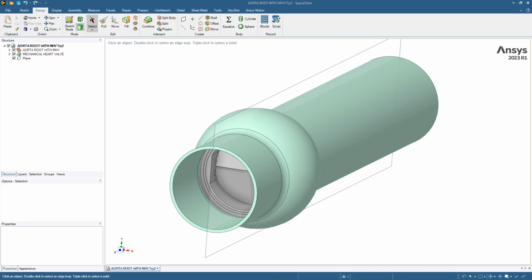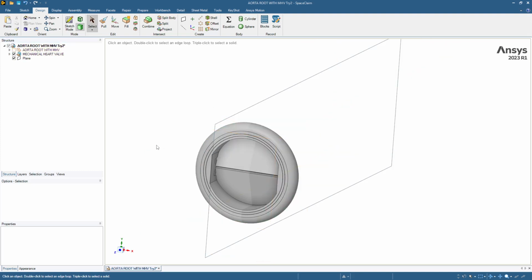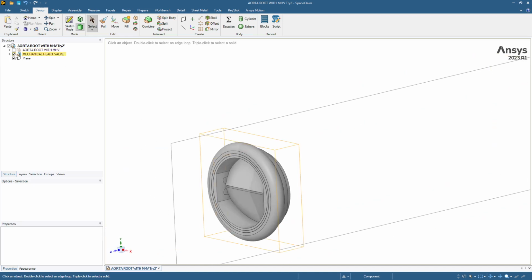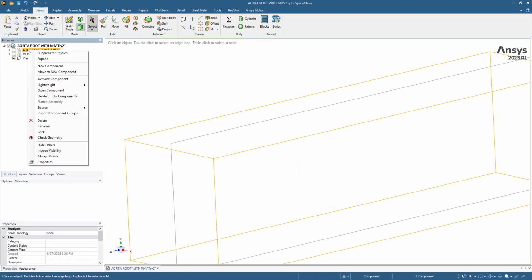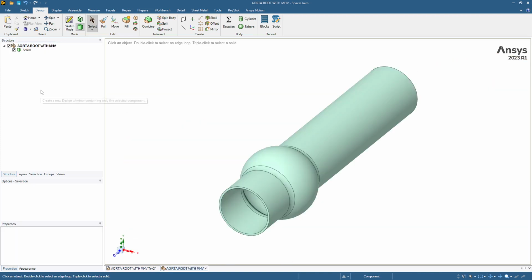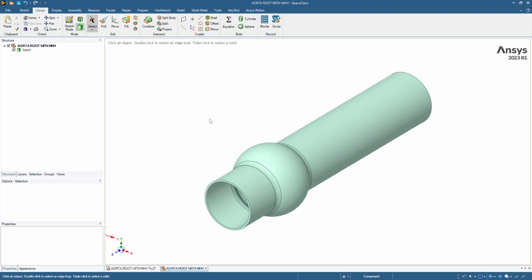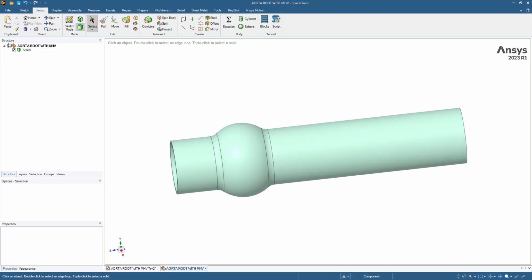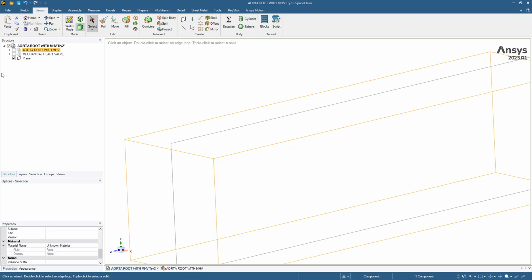This video is going to create the fluid volume and then mesh that for the fluid in an artery. This artery has a mechanical heart valve on the inside. That will be a topic for another video, so that's not going to be considered, but we will be opening this component and cleaning the geometry up a little to make it correct for